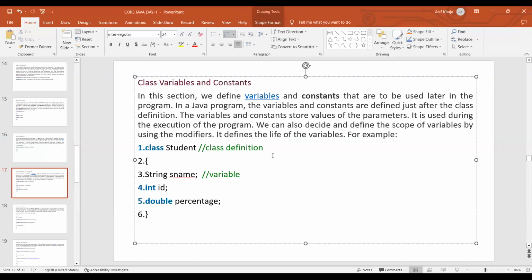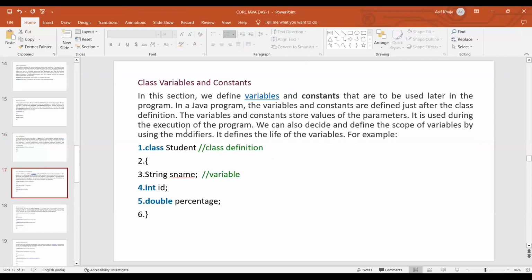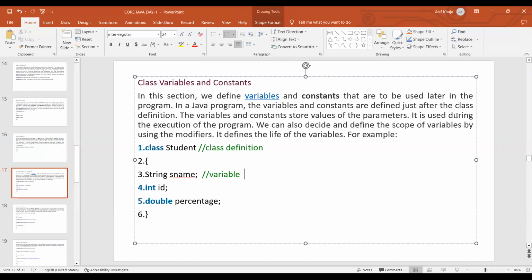Now we'll go to the concept of class variables and constants. Class variables and constants means the variables and constants that we are using in the class. How are we going to declare any variable and any constant? In this session, we'll define variables and constants that are to be used later in any Java program. In a Java program, variables and constants are defined just after the class. Means